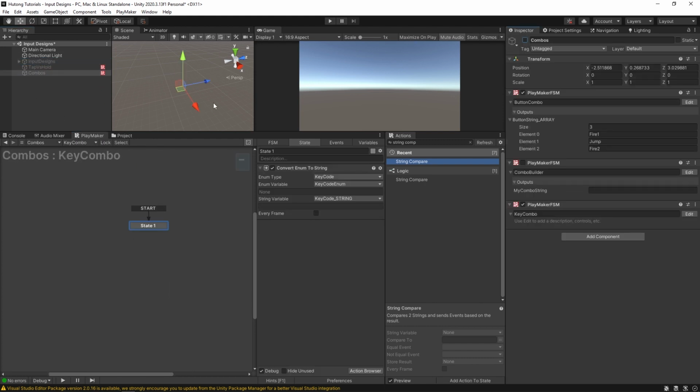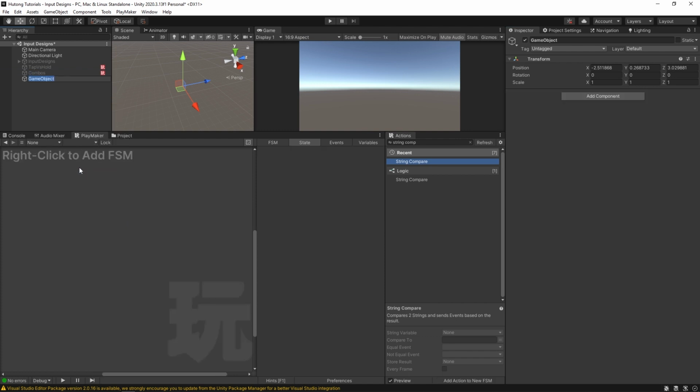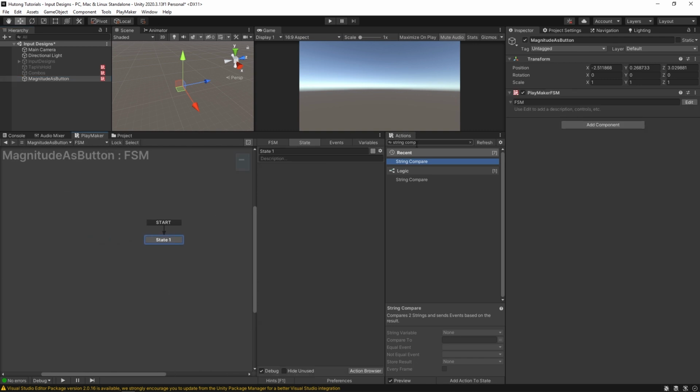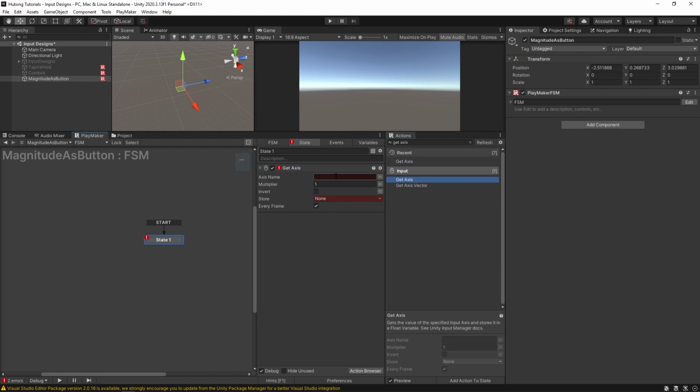Now the last thing that I want to show you, done with combos: create a new empty, magnitude as button. Right click and add FSM. We're going to have a get axis. In Unity's input system, whether you're using the original one or the new input system or some third-party one, they all have options for axes, because for a lot of inputs, you need left and right. It uses the same axis to give you a single number. So for example, if I put in horizontal